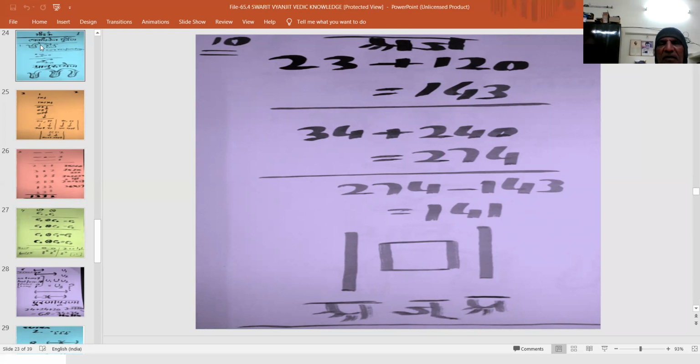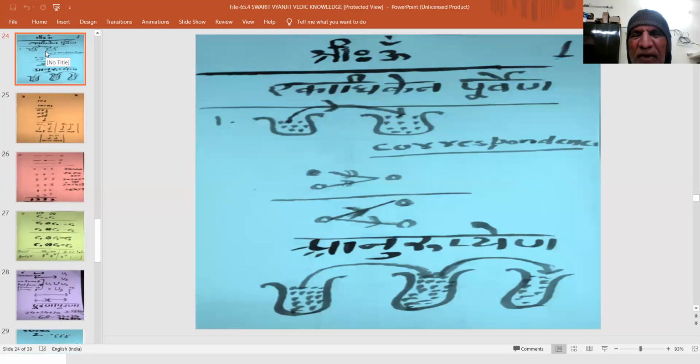Let us sit comfortably. Let us permit our mind to be parallel with these organizational features of Vedic knowledge, Vedic formulations which are Swarit Vyanjit and which of their own go from manifest to unmanifest, and as a result there happens a transition from sound-based organization of Vedic knowledge to light-based organization of knowledge. One shall sit comfortably and permit the mind to be parallel with it.